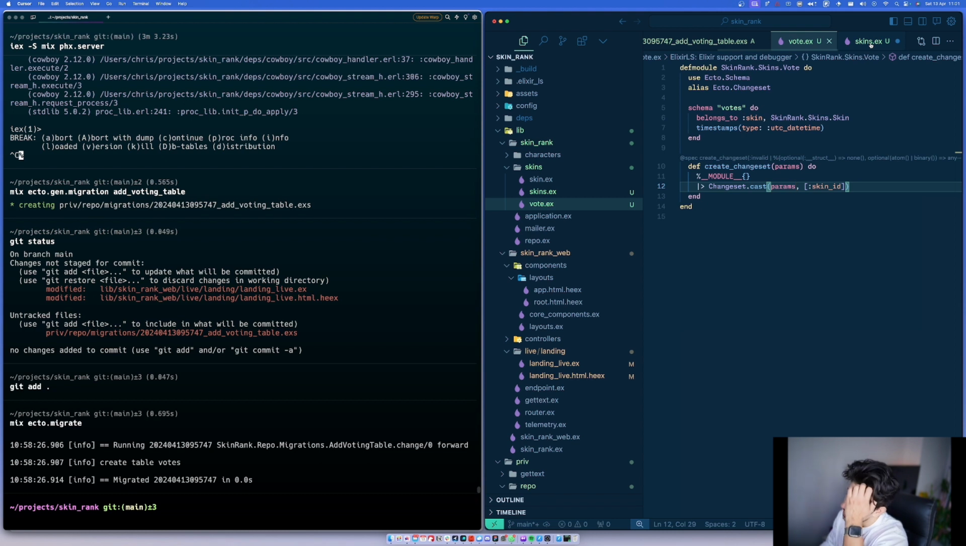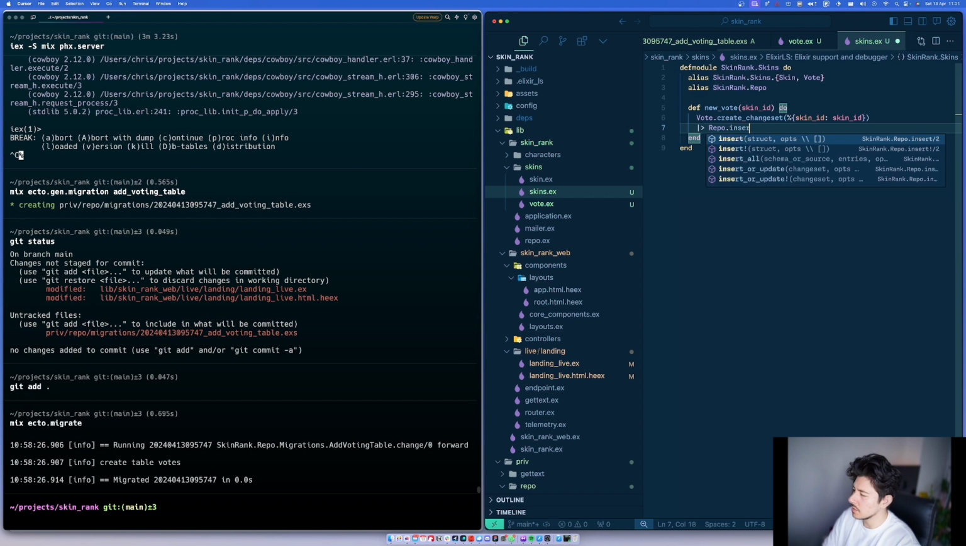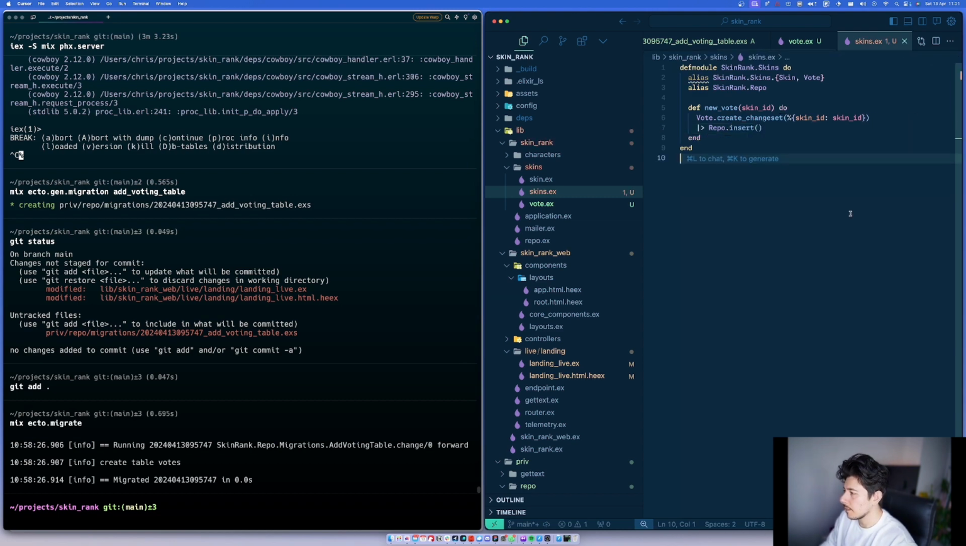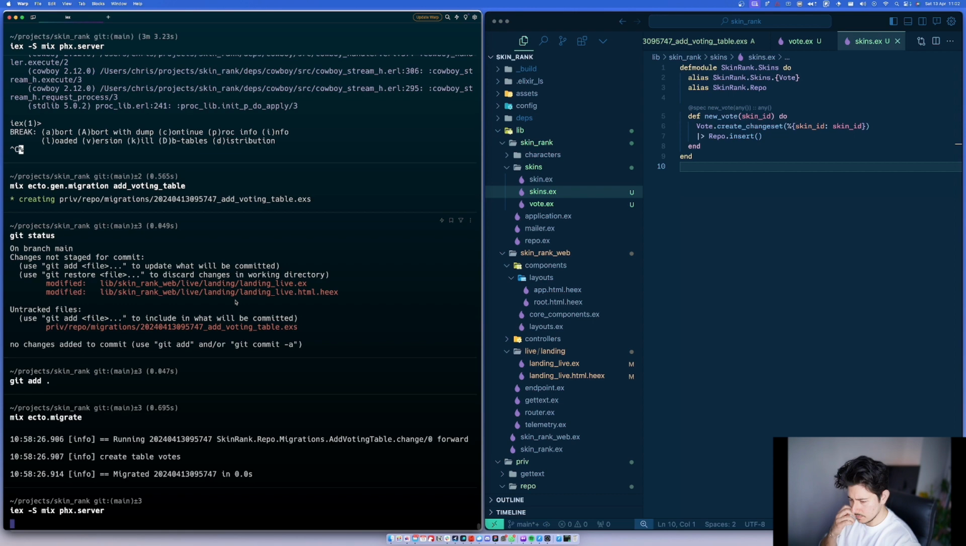All that takes in is skin ID like that, and then I do a repo dot insert. Right. Don't need skin yet, but that's fine. So then if I run this,